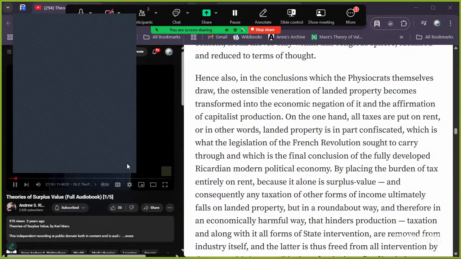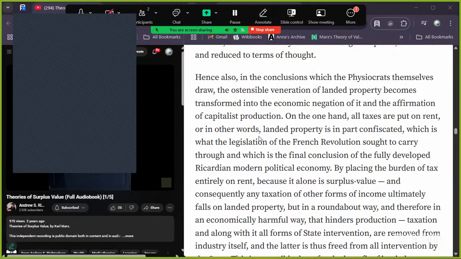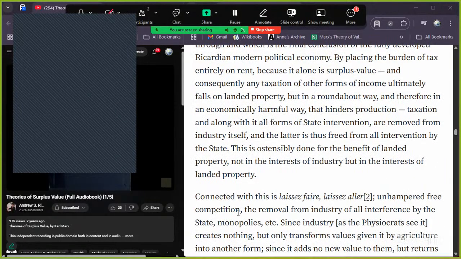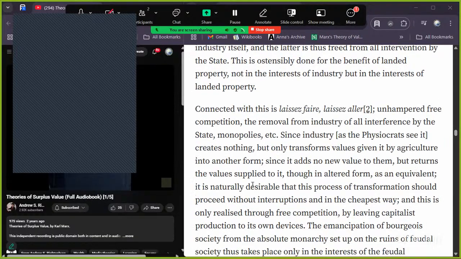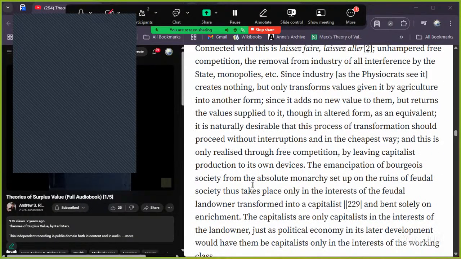By placing the burden of tax entirely on rent, because it alone is surplus value, and consequently any taxation of other forms of income ultimately falls on landed property, but in a roundabout way, and therefore in an economically harmful way that hinders production, taxation, and along with it all forms of state intervention, are removed from industry itself, and the latter is thus freed from all intervention by the state. This is ostensibly done for the benefit of landed property, not in the interests of industry, but in the interests of landed property. Connected with this is laissez-faire, laissez-aller, unhampered, free competition, the removal from industry of all interference by